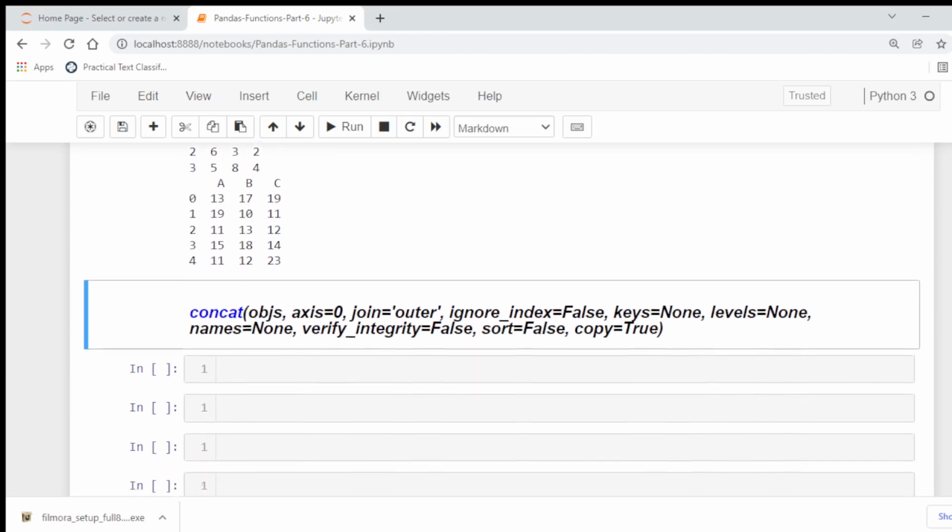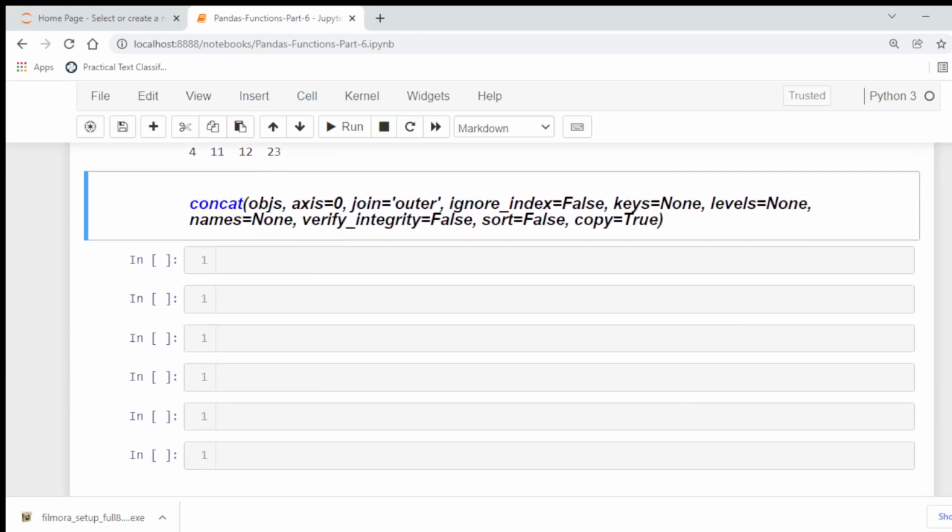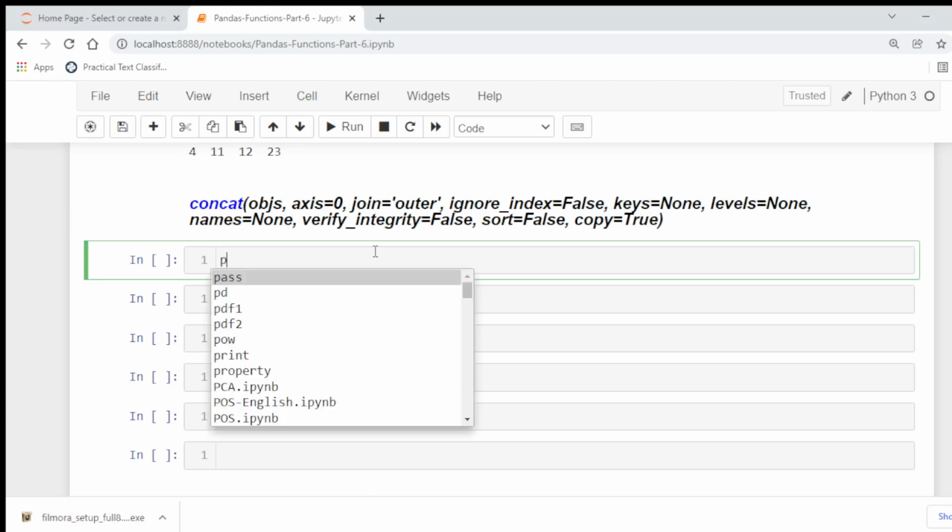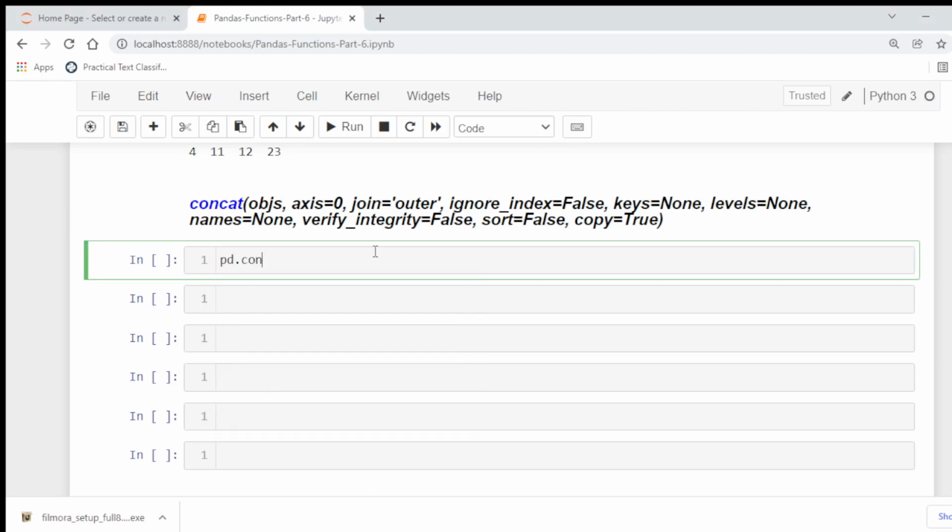Now to concatenate these two data frames, let's start with a simple example, pd.concat of PDF1 and PDF2.